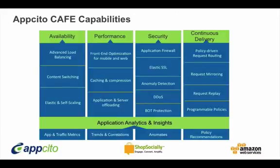So, a summary of the services and capabilities that Appcito Cafe has. We divided them into four blocks here: availability, performance, security, and continuous delivery. I don't want to go into each of these because we can probably hold some of that for live questions, but